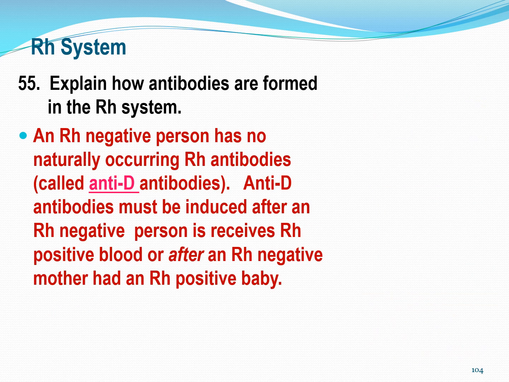An Rh negative person has no naturally occurring Rh antibodies called anti-D antibodies. Anti-D antibodies may be induced after an Rh negative person receives Rh positive blood or after an Rh negative mother has an Rh positive baby. Okay? So if you are an Rh negative mother and the first child you have is Rh positive, nothing's going to